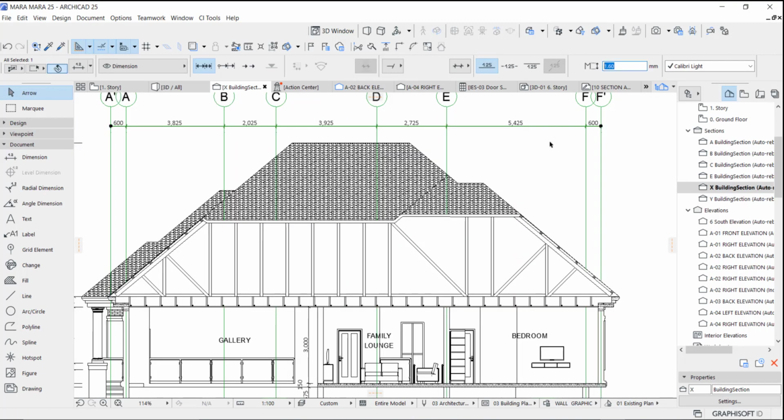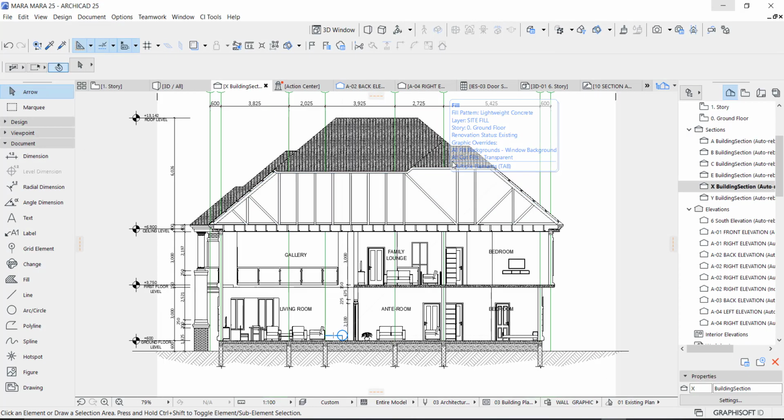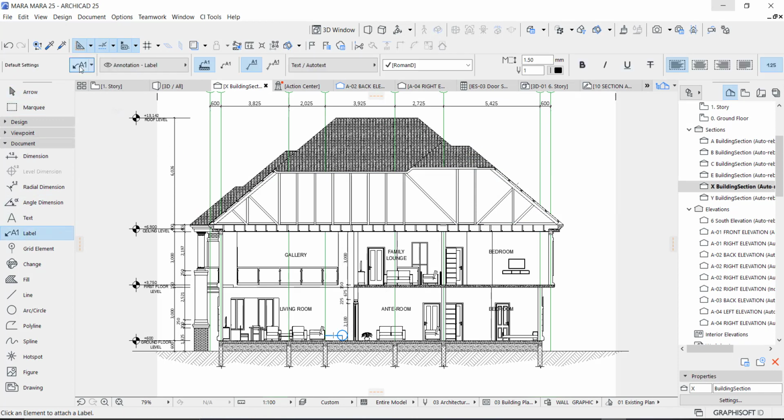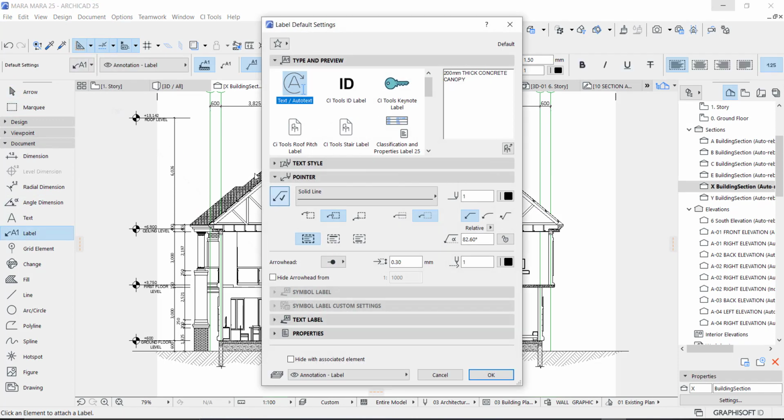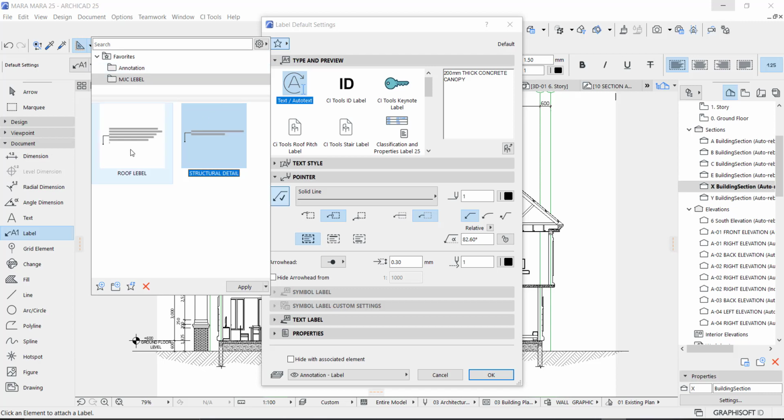As you can see, we have successfully drawn our section. So after everything you've done, you can just label your drawing. You can label, and we have some of our stored favorites. After labeling, I stored the favorites, so I don't have to start doing them over again. This is for the roof label. You just click and